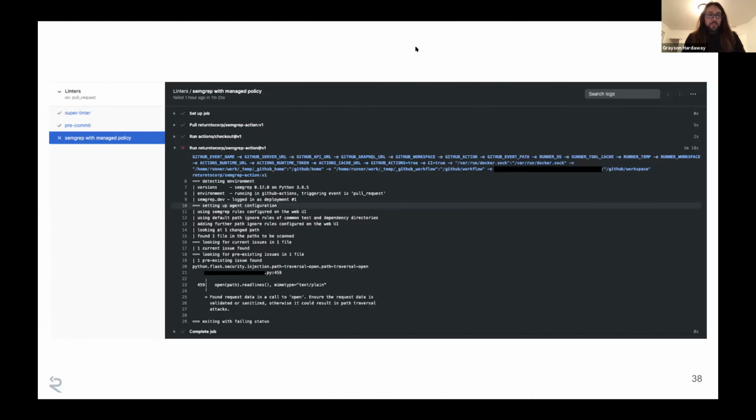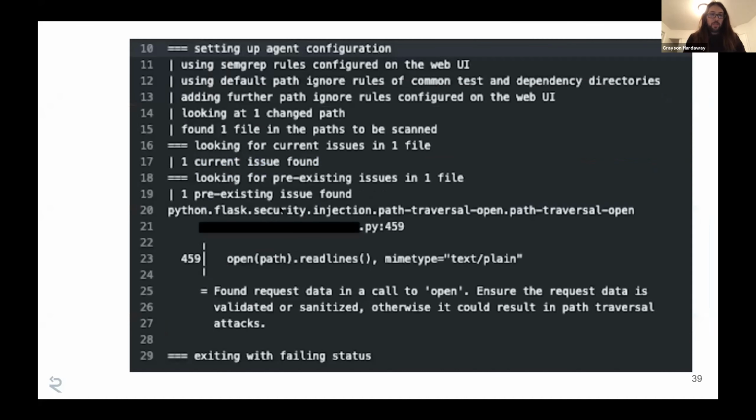So here's an example of SemGrep running on our code in a GitHub action. This is just what it looks like. But what I want to do is zoom in on the particular finding that we had. This is what the output looks like. The finding that it detected is something called Python Flask Security Injection Path Traversal Open. That's a mouthful, but what it's saying is that it detected a path traversal in one of our Flask applications. And this is great because